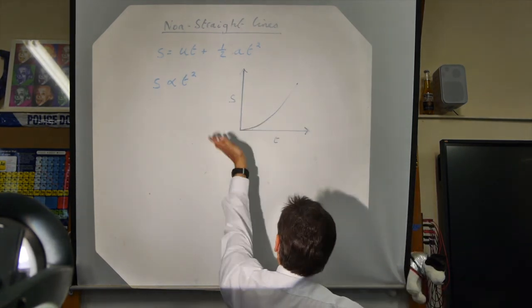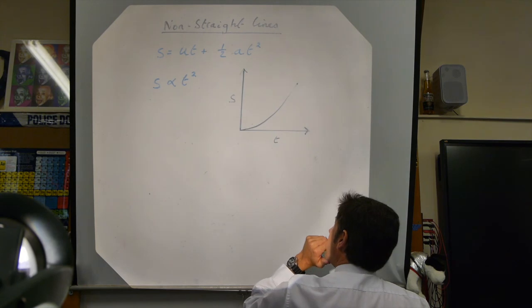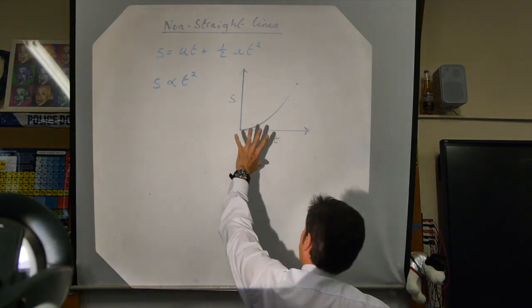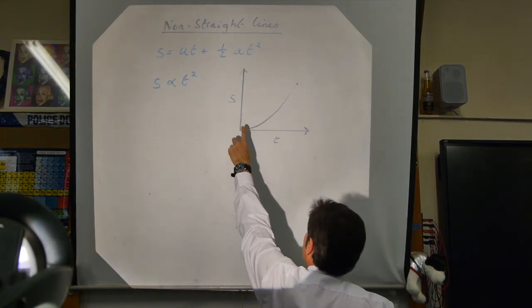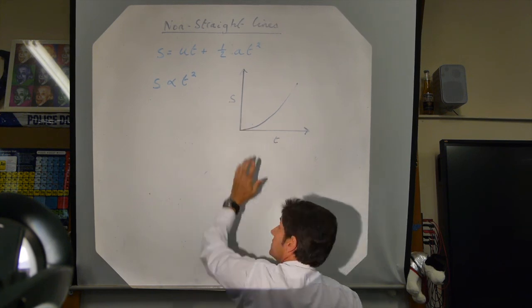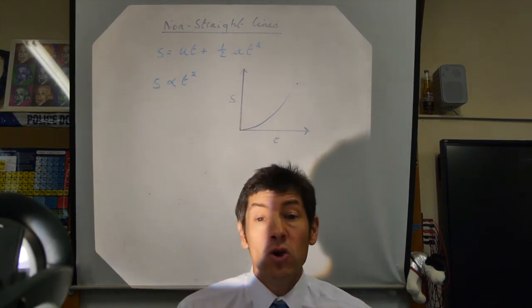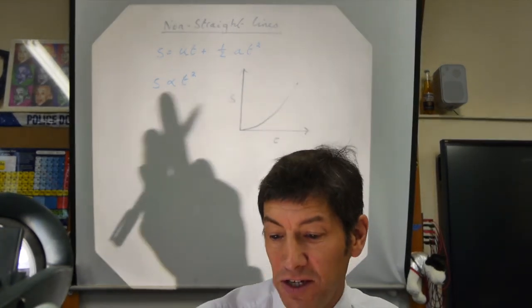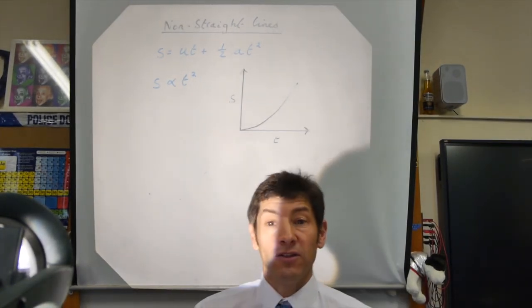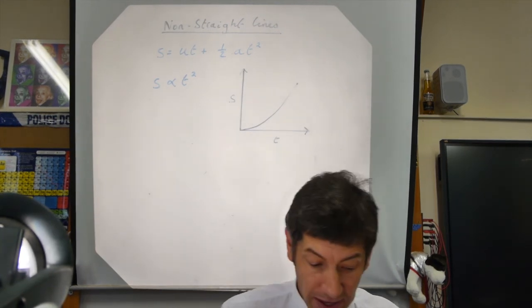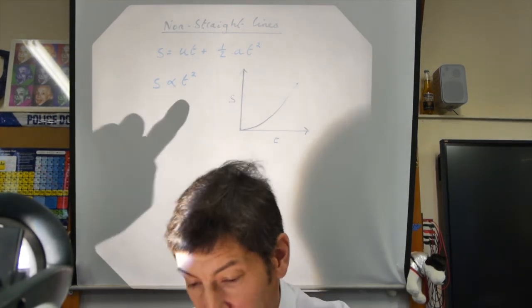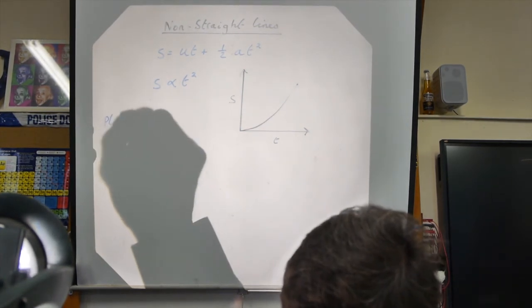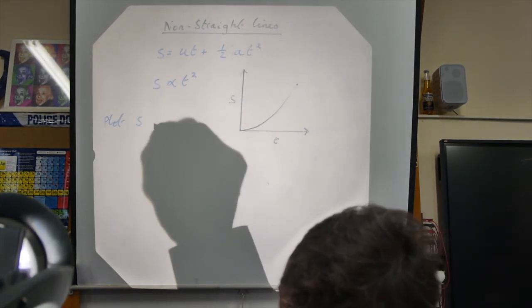Okay, so perhaps we'd want to get out what the acceleration is here. Well, it's tricky to find the acceleration here because the gradient here is not acceleration. Meters divided by seconds is not an acceleration. So could we straighten out this graph? Well, if S is proportional to t squared, then the obvious trick is to plot that relationship. So plot S against